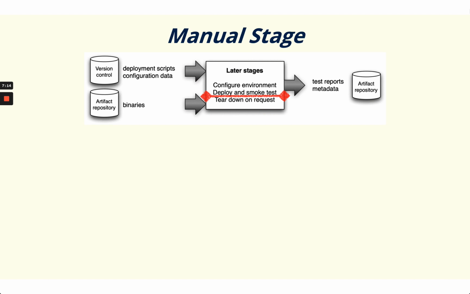And so this is, just like before, triggered by an upstream stage finishing. And it pulls in version control, deployment scripts and configuration data, and pulls in binaries from the artifact repository. The first step here is configure environment, exactly like we do in automated stages, so that's not different. Deploy and smoke test your code to that environment. But where this red line is, the little barbell line right there, is whatever manual process you're doing. And that may take hours or days or even weeks. But when that is done, it tears down that environment and then issues a pass-fail,